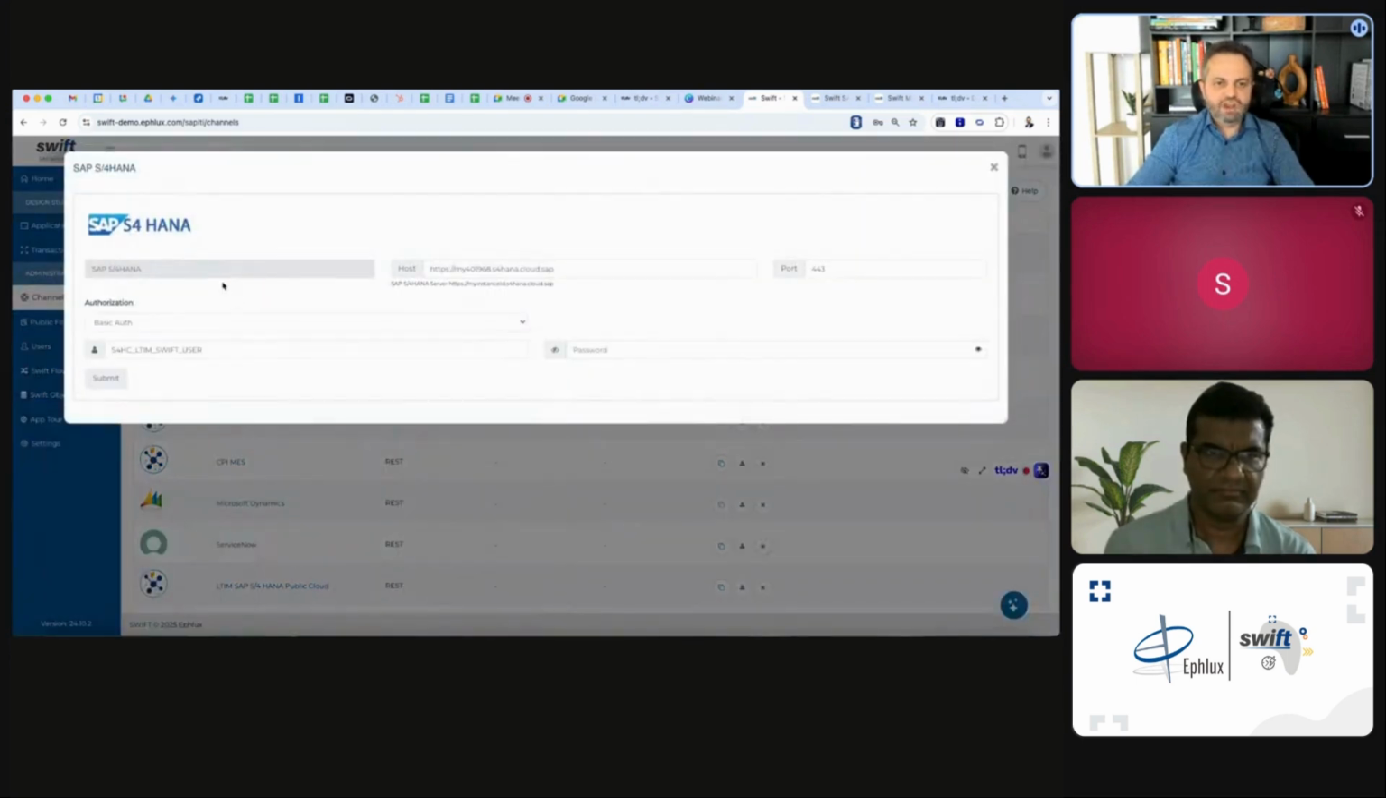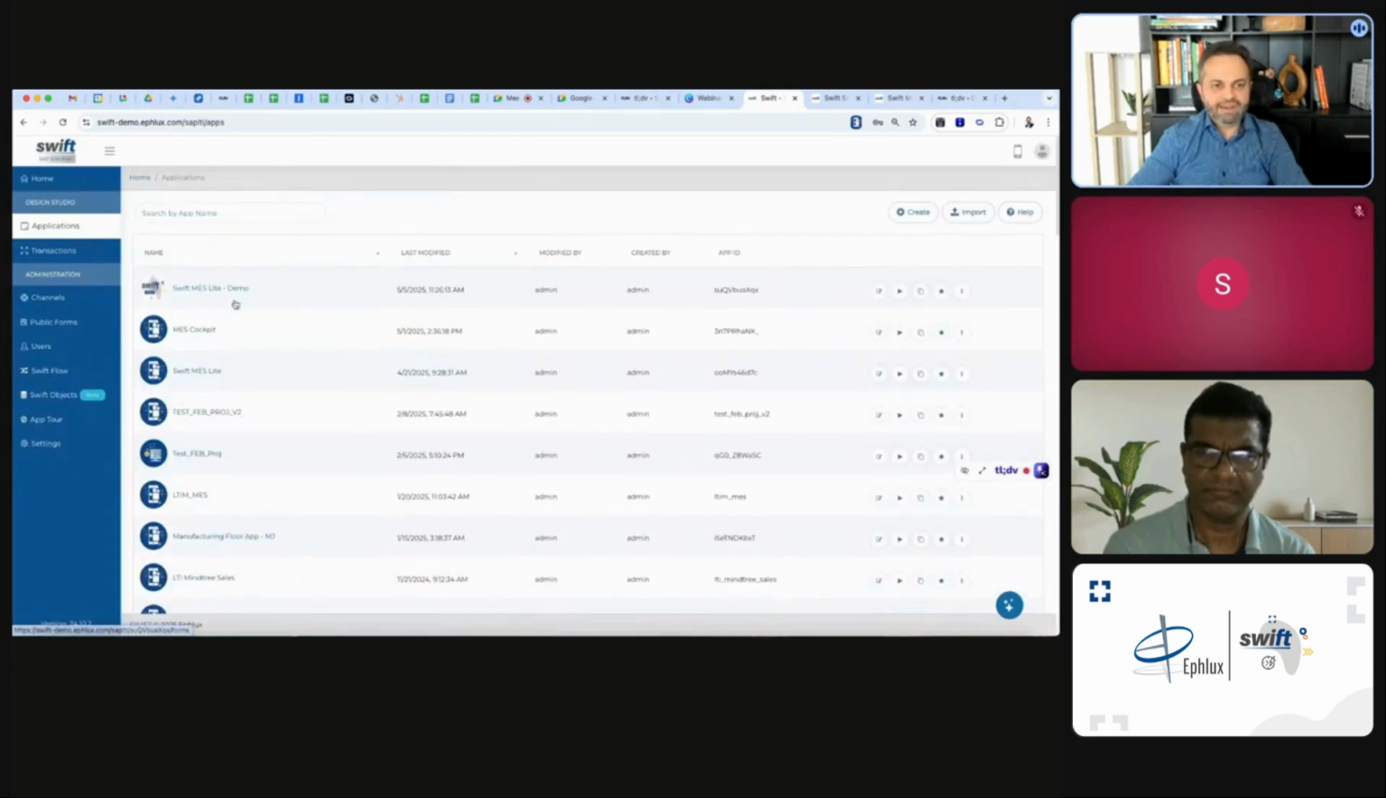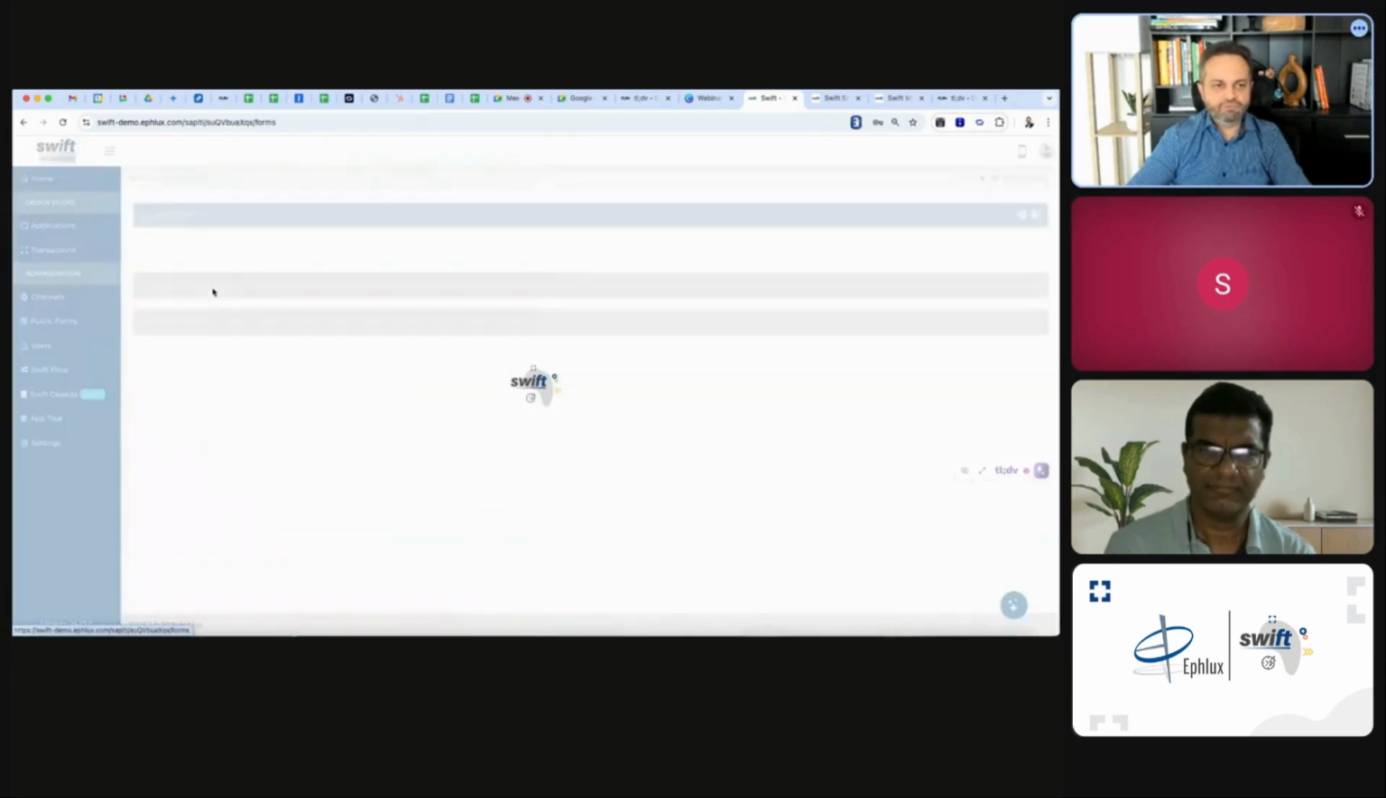Now in SAP S/4HANA, all we've done is pointed it to your public cloud, and obviously through multiple layers of security. But the fact is, by default, it's leveraging your SAP security. Once you've connected it to SAP S/4HANA, it pulls in all the security and all the metadata from your SAP. So this MES Lite